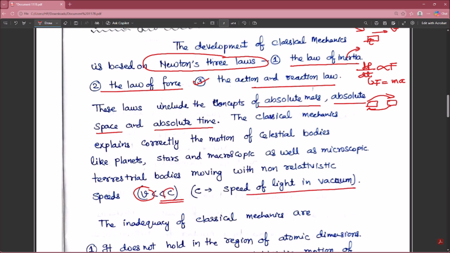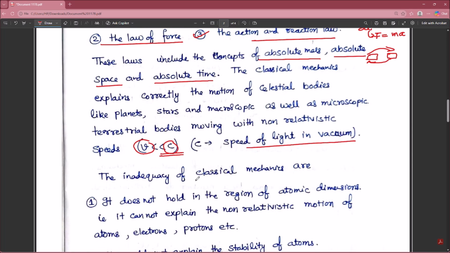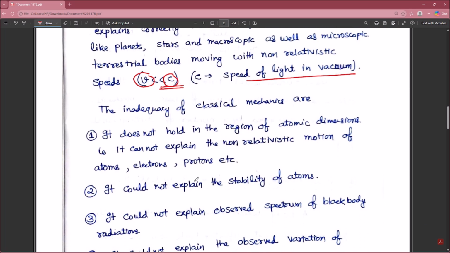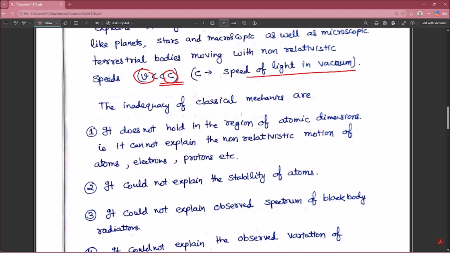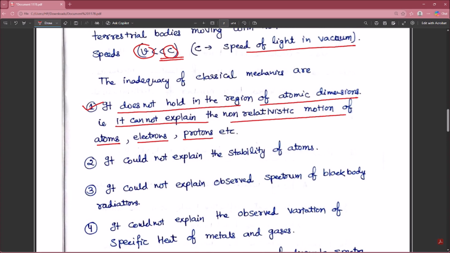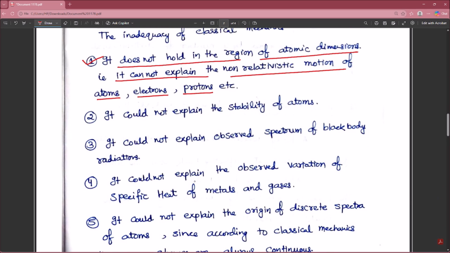Here c is the speed of light in vacuum. So the inadequacies of classical mechanics are some phenomena where classical mechanics fails. It does not hold in the region of atomic dimension. It cannot explain the non-relativistic motion of atoms, electrons, and protons. The second one is that it could not explain the stability of atoms,